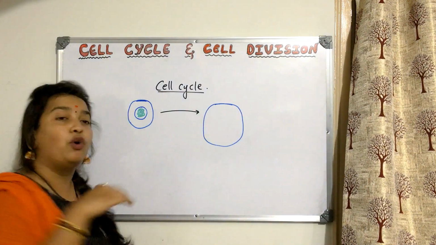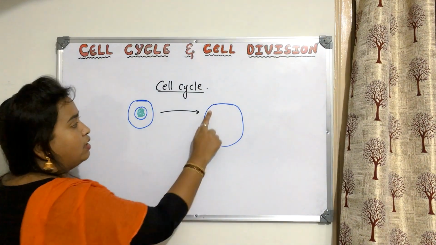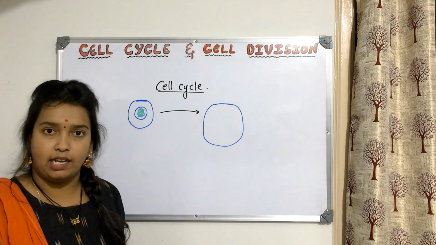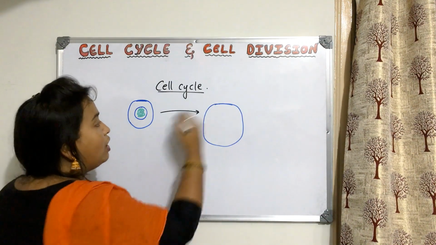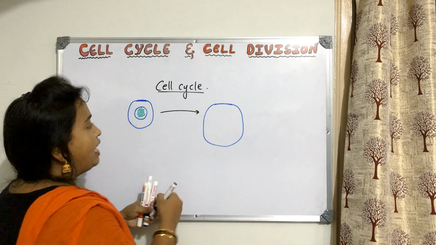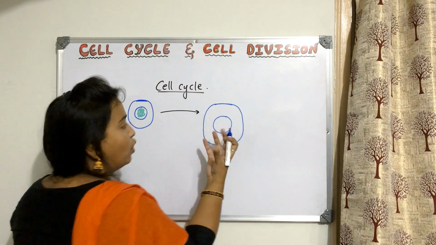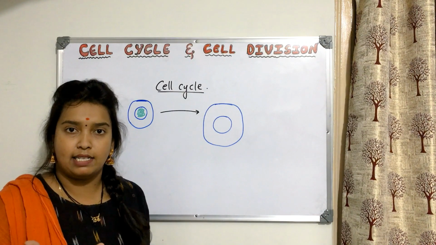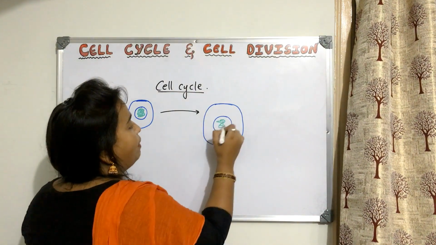So when a cell is growing, what do you understand by the term growth of a cell? The cytoplasmic material should increase in amount, the cell should increase in its size. So all these things will happen. So first thing that happens is this. Here you can understand that even the nucleus is growing, in the sense that there are some changes happening in the cell. Now it is having the same DNA here. So what happened earlier now?